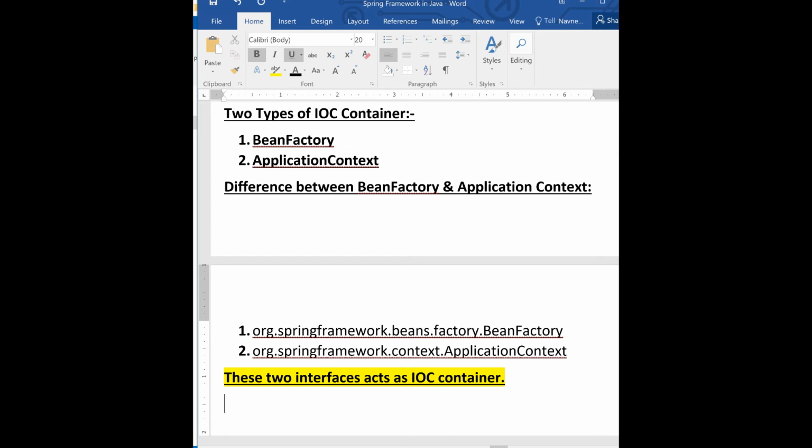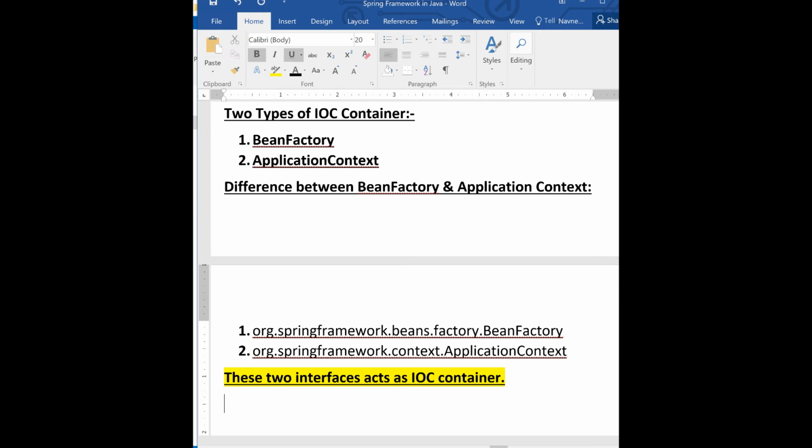So these things are there in application context rather than in bean factory. So if we have to implement an application, it is better to use application context than bean factory. So how will we do that?